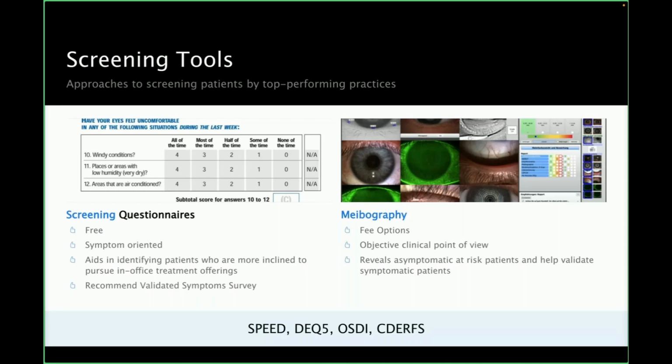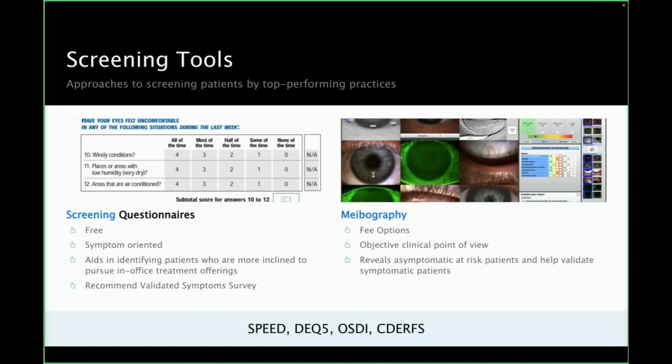I go in and ask. I can tell you it is not nearly as effective, and the outcomes in terms of patients converting are not nearly as high when you are using your own words as opposed to using a validated symptom survey. These also can be used to kind of gauge where they're at in treatment.